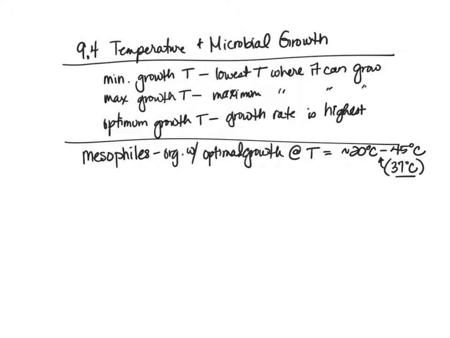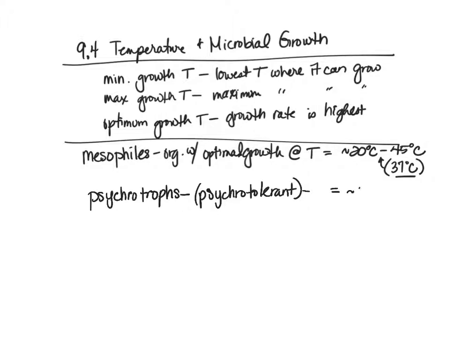The next group are the psychrotrophs. So psychrotrophs are also called psychrotolerant. So psychrotroph and psychrotolerant are the same thing. Their optimal growth temperature is going to be about 4 degrees Celsius to about 25 degrees Celsius. And 25 degrees Celsius really is about room temperature